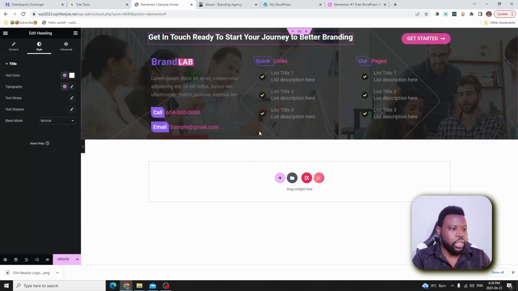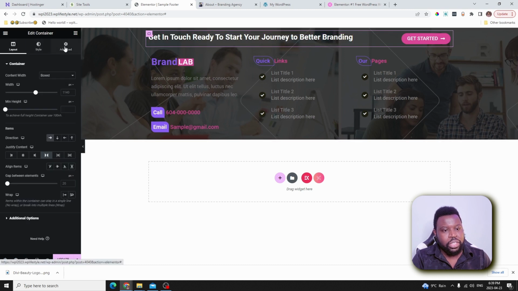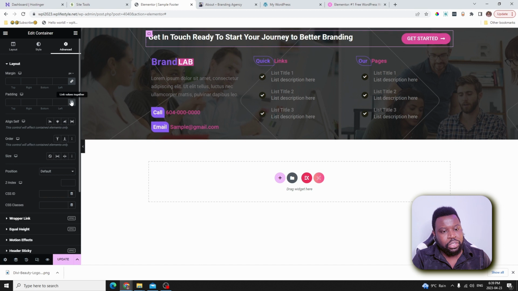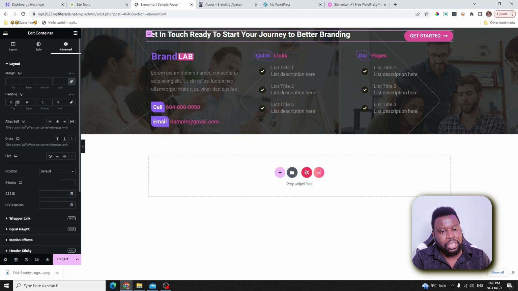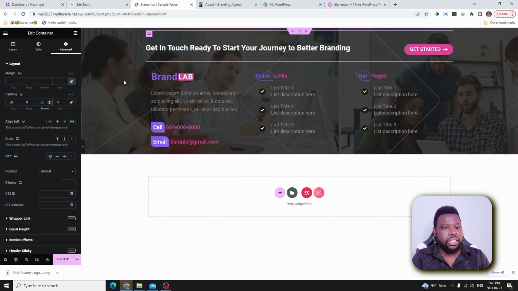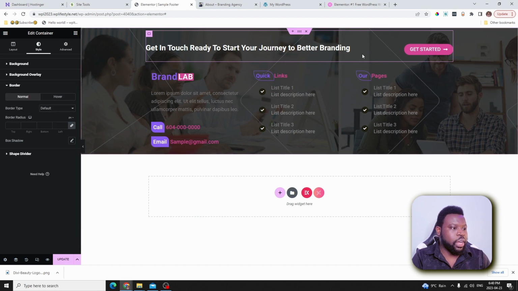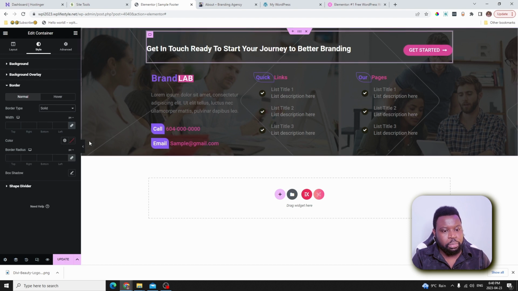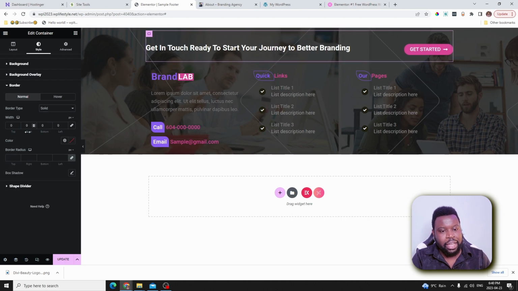So what you have to do is come here and select the inner container that we have here, the child container. And then inside that container, you can go to advanced tab and add some spacing in here. Maybe we can add 50 pixels on the top, also 25 pixels at the bottom, something like this. And then go to styling tab and then go ahead and click on the border type. We're going to add a solid border at the bottom only. So go ahead and unlink this and then select the bottom part and add 1 pixel.